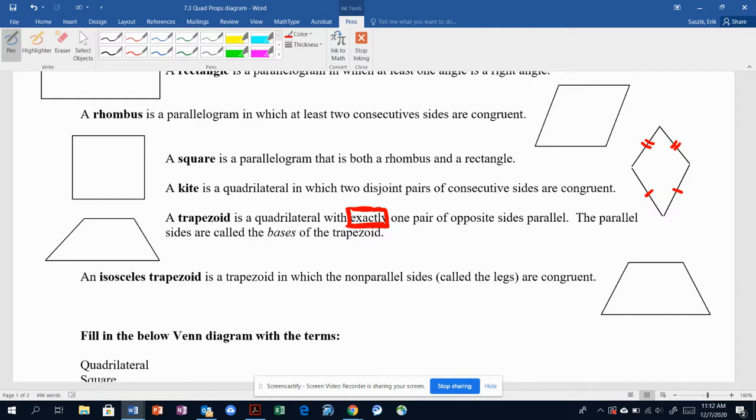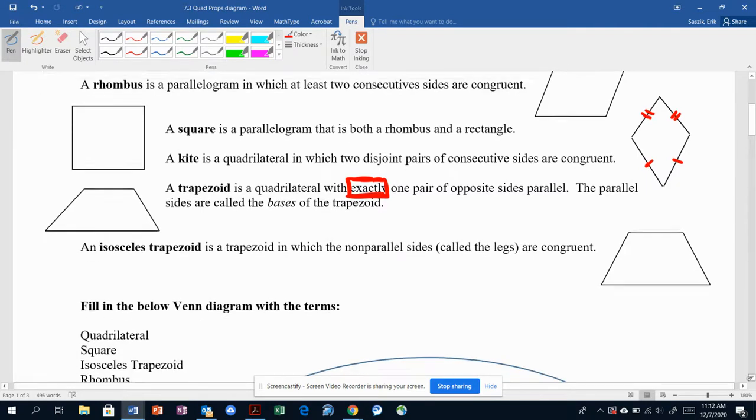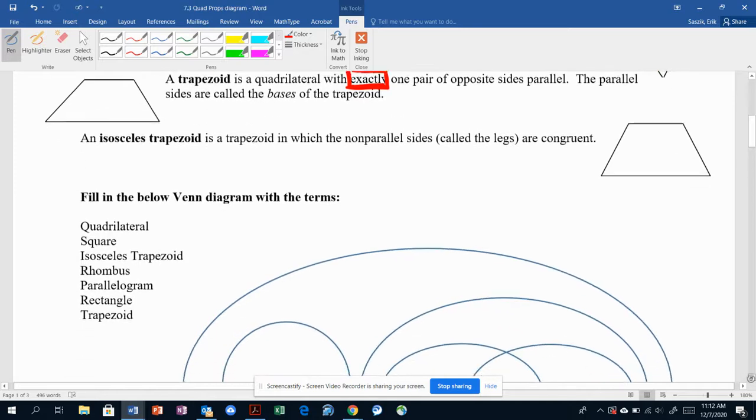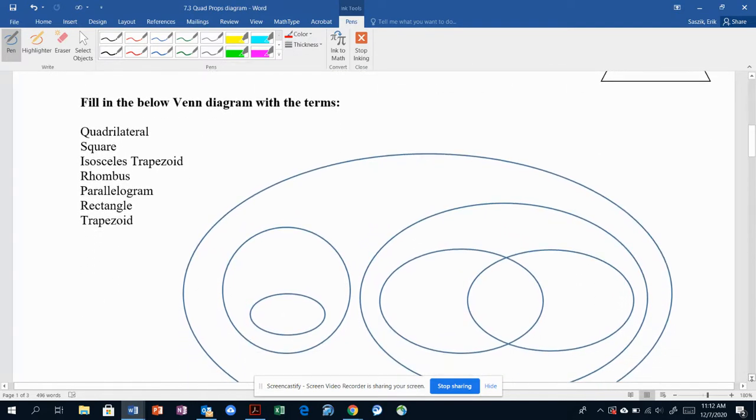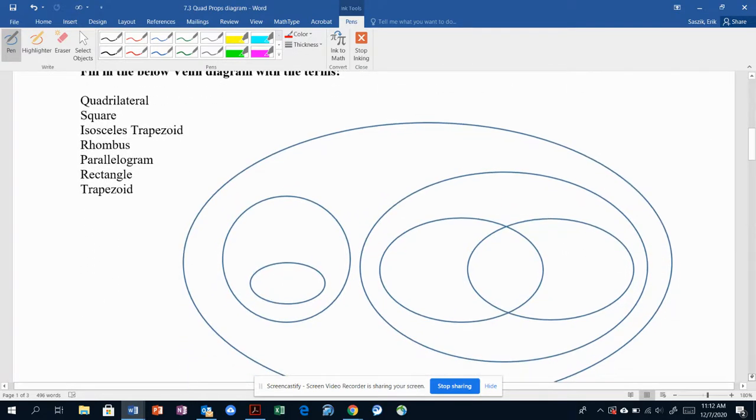You then have a parallelogram. The way our definition is, a trapezoid has exactly one pair of opposite sides parallel. An isosceles trapezoid is a trapezoid whose non-parallel sides, the legs, are congruent. You're going to have to spend some more time with that previous document getting comfortable with all this. I do want to talk about this